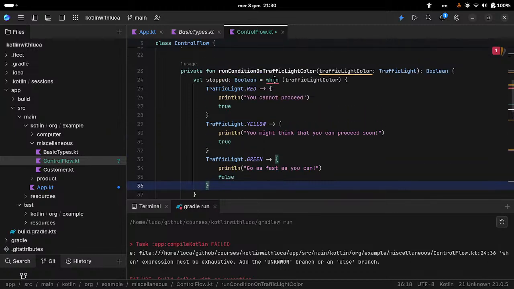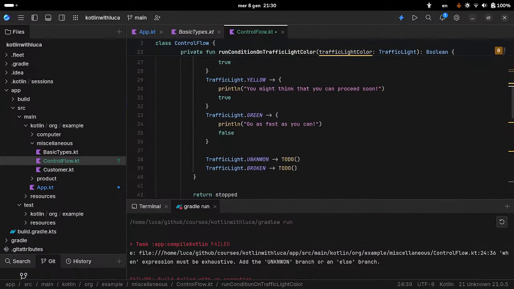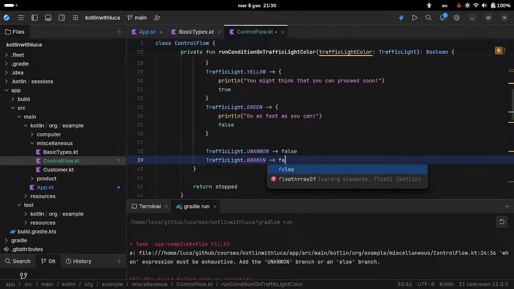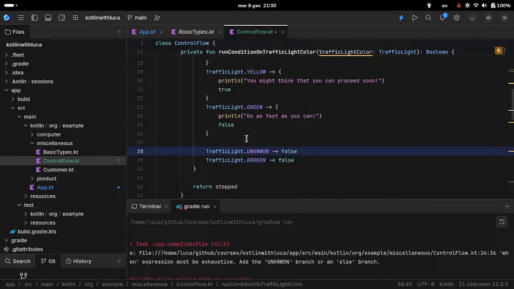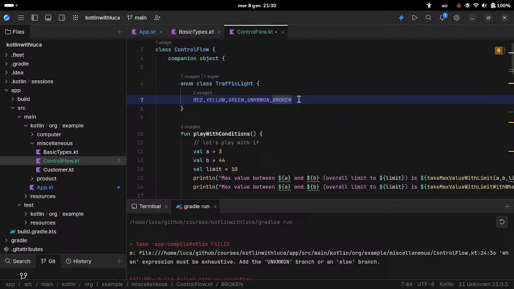Only if, of course, you don't have a lot of branches, but in this case it's preferred to specify the value for each of the enum constants, so that when you add a new one,